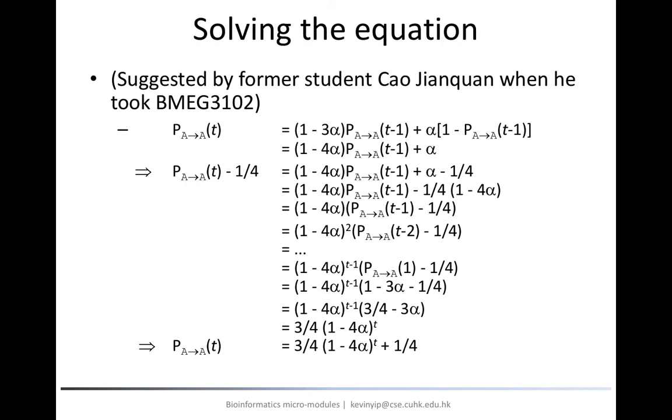If we make each time step infinitesimally small, we can also solve the equation by turning it into a first-order differential equation. We will not go deeper into this topic here, but the solution to the differential equation is useful when we do not know the actual values of alpha and t, but only know the value of their product.